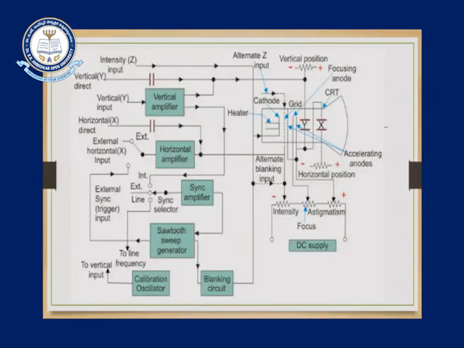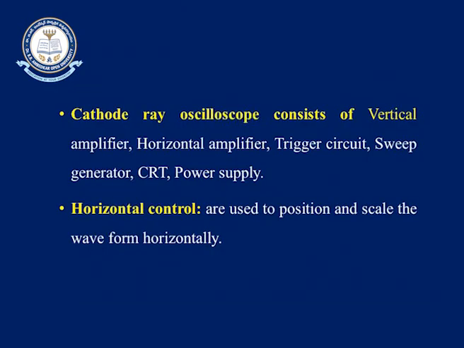So first, this is the block diagram of the CRO. Here are the different blocks. This is the vertical amplifier, horizontal amplifier, synchronization amplifier, sawtooth sweep generator, trigger circuit, next the DC power supply. I will explain these briefly afterwards. So the cathode ray oscilloscope has a vertical amplifier, horizontal amplifier, trigger circuit, sweep generator, CRT and